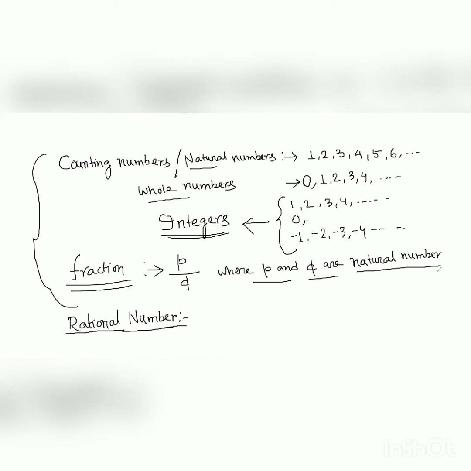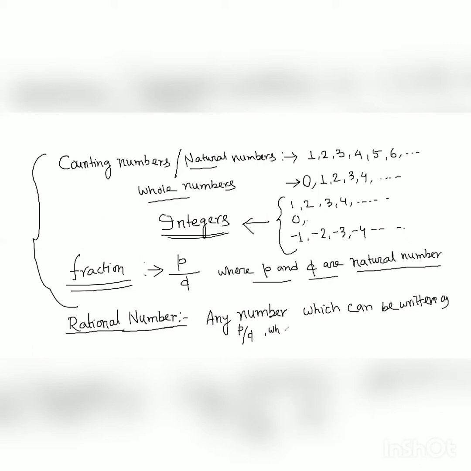But the number is of this same form. So what is a rational number? Any number which can be written, or which can be expressed, as p by q,